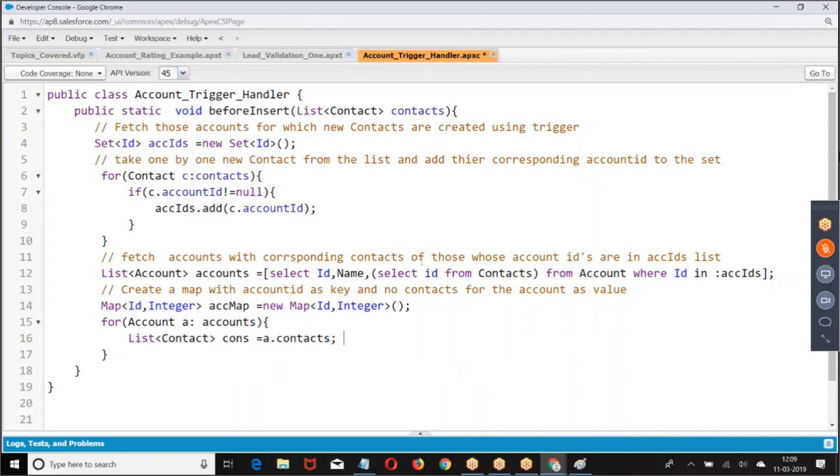What is a.Contacts? The list of contacts associated with the account.